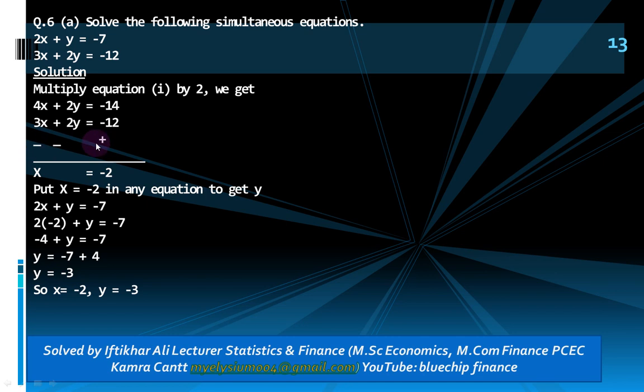So that is why I am going to change the signs. So plus 3x will be minus 3x, plus 2y will be minus 2y, and minus 12 will be plus 12. So plus 2y cancelled with minus 2y, and 4x minus 3x will be equals to x, equals to